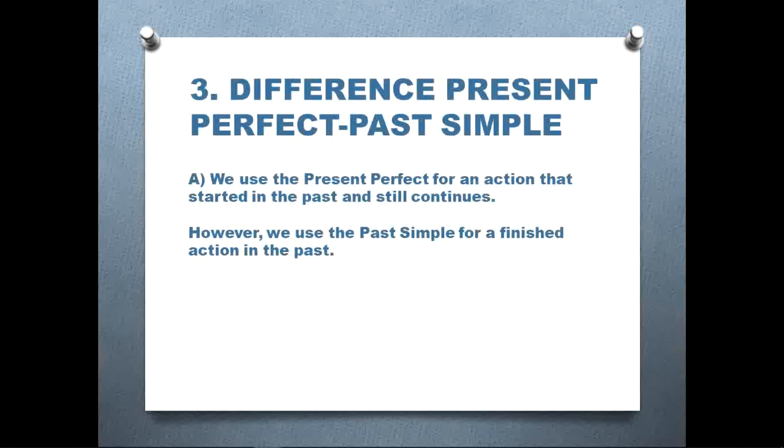When we work with the present perfect, we know that this tense expresses actions that happened in the past. At the same time, the past simple also expresses actions that happened in the past. So what is the difference between these two tenses? Well, the difference between them in the first case is that when we have a present perfect form, this expresses